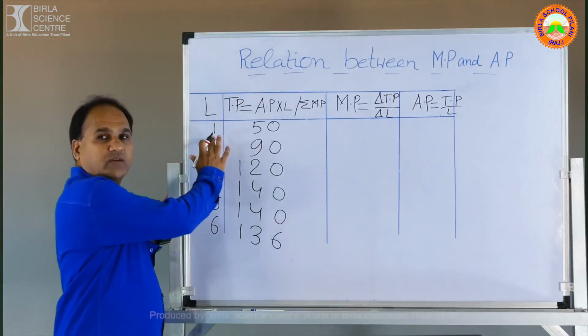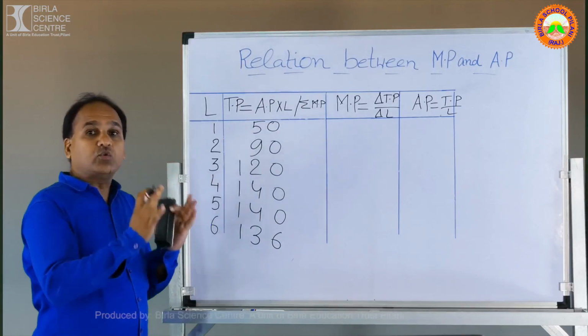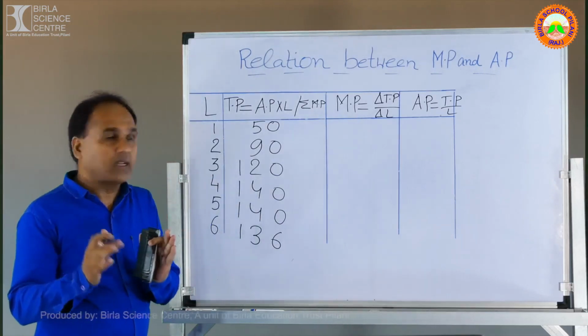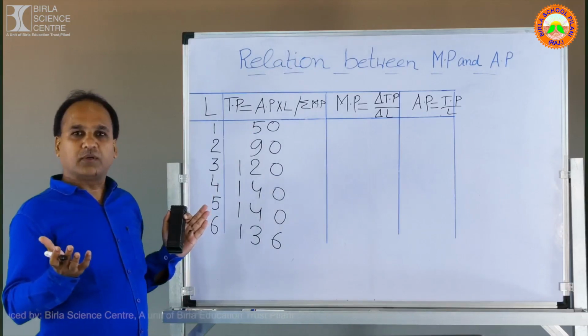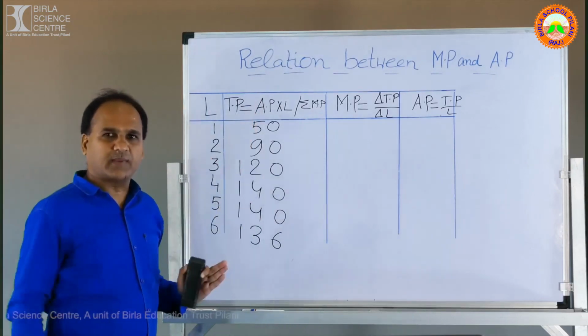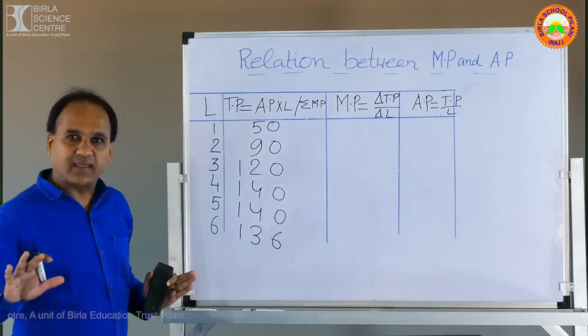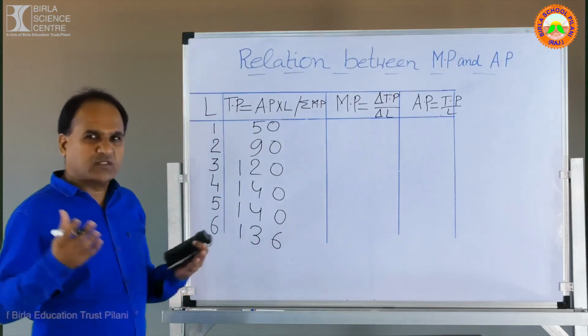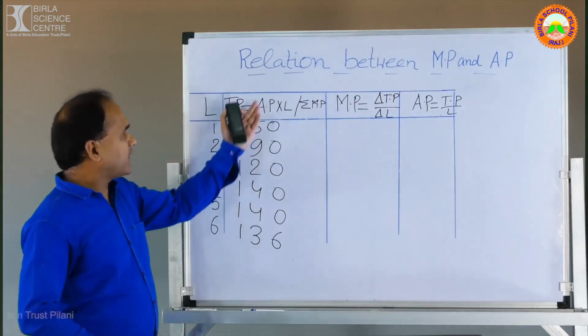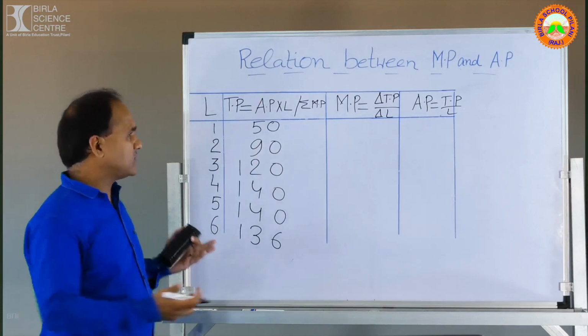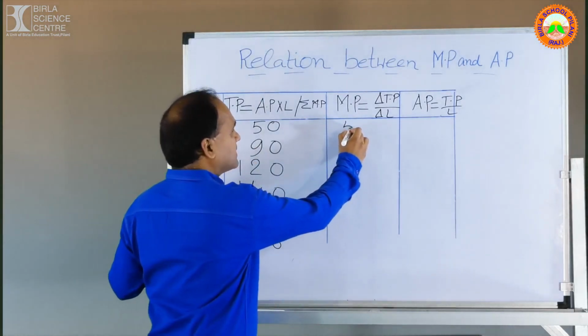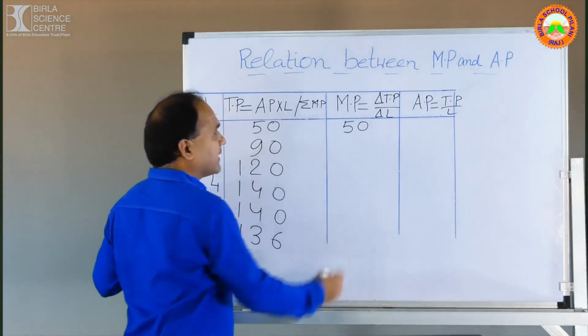First one, you can see 1. That means on day 1, you have appointed only one labor who is able to produce 50 output. Before 50 there is nothing, take a dash. There is nothing there, don't worry, you take a dash. If you say sir, assume 0, no problem. 50 minus 0, same, what is the result? 50. So that's the first value, 50.